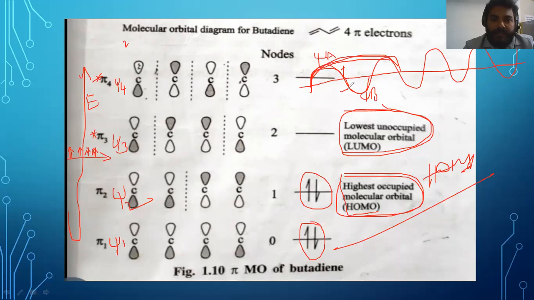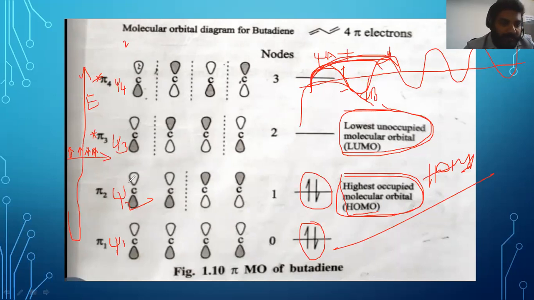This is psi A minus psi B. Here is psi A plus psi B. This is psi A, psi A plus. In the phase, we draw the one line like this, right? In the phase, and this is the out of phase, that is psi A minus psi B.